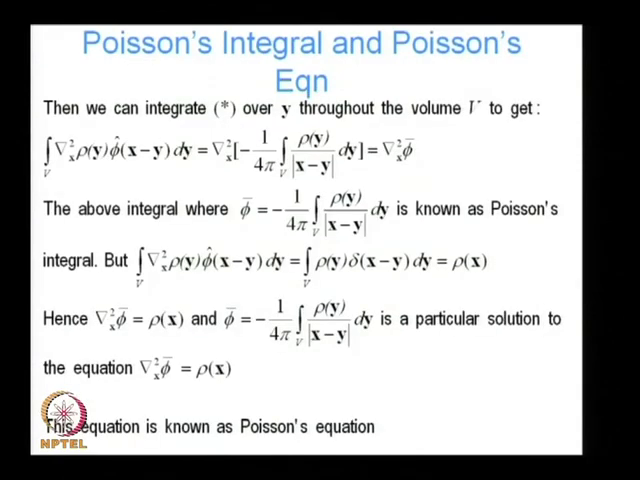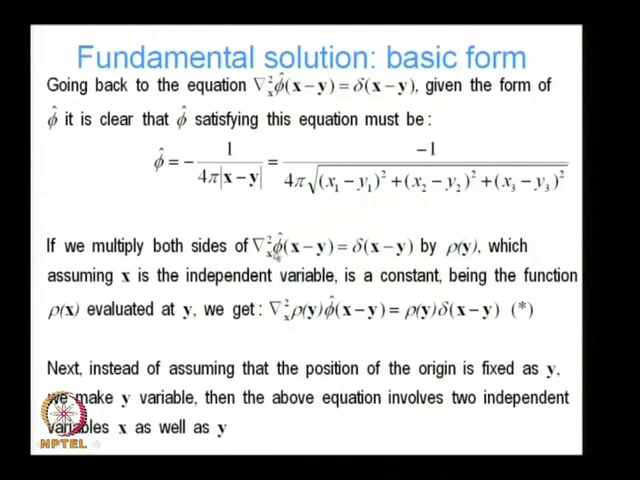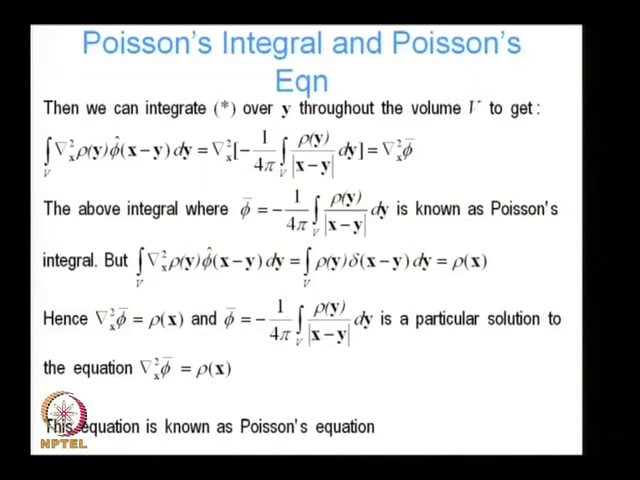Then if we integrate this equation, now that there are two independent variables x and y, I am going to integrate this equation with respect to y throughout my volume V. So, I take the integral of Laplacian of rho y phi hat x minus y dy over the volume V. So, this I know is 1 by 4 pi mod of x minus y. So, I have Laplacian of x square, 1 by 4 pi integral over V of rho y by mod of x